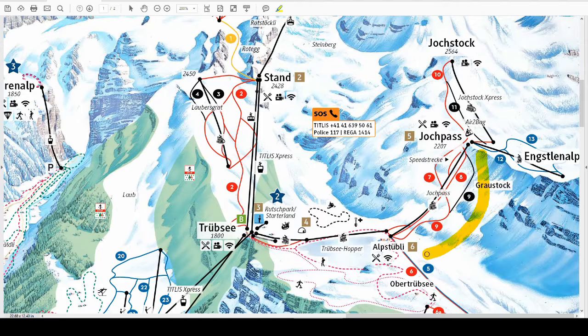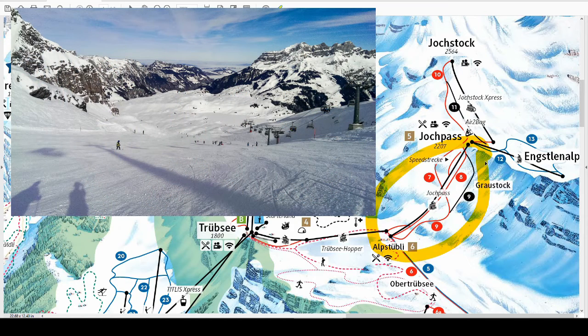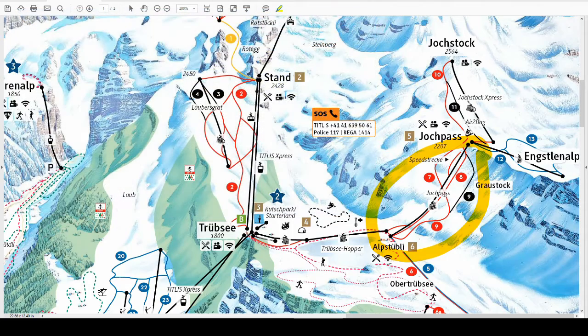We also skied on these red runs that are going down from the Yoke Pass. These runs were fine, a little bit challenging for our youngest, but we had some fun there. It can get a little bit scraped off and icy, especially in the afternoons, because it's a bit in the shadow and a lot of the traffic is going down the same runs to get back down to the bottom